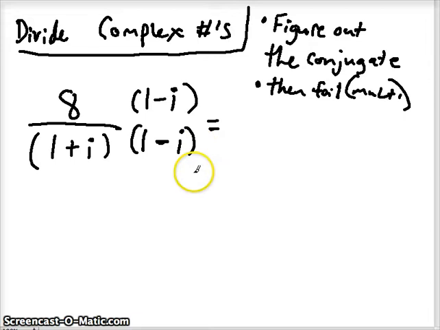Let's talk about why we're doing this. In order to divide complex numbers, one thing we can never have in the denominator position is i, or an imaginary number. So the only way to get rid of i, we kind of talked about this in our last video, if we can square i, we can get it equal to a real number. And we get rid of that imaginary number there. So the conjugate allows us to do that. It allows us to multiply our i's and to get rid of them,